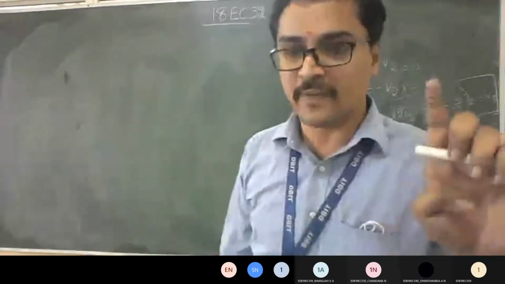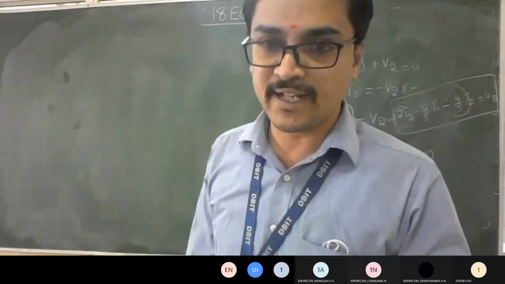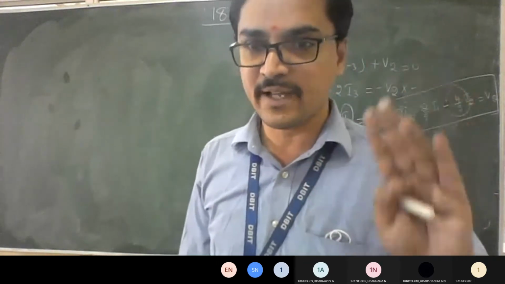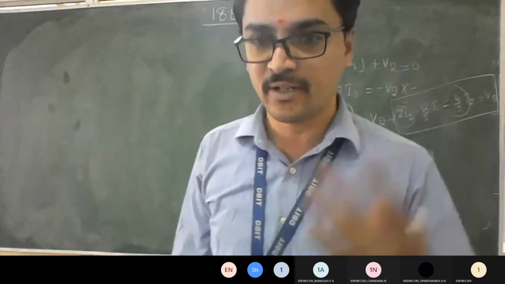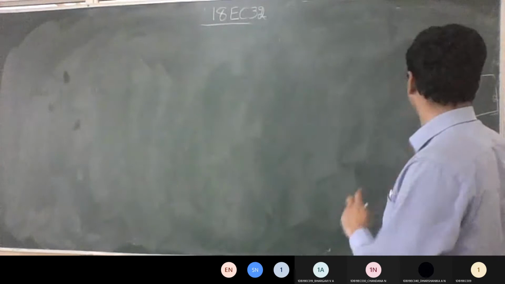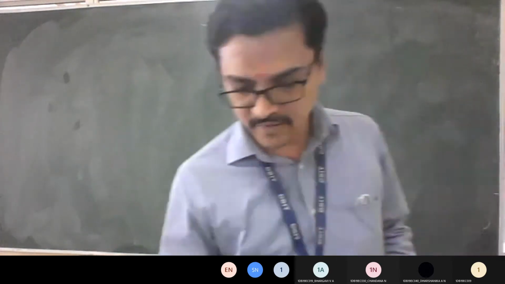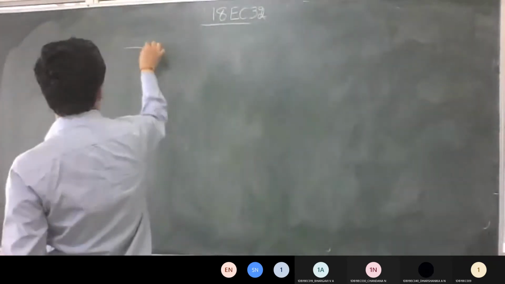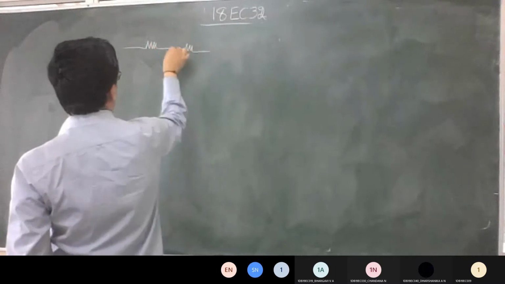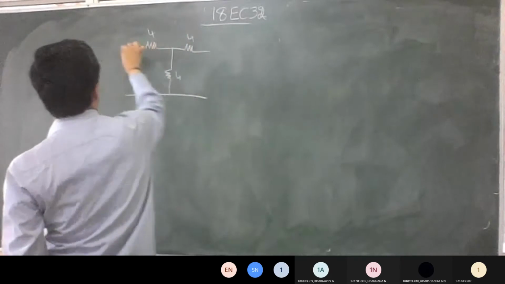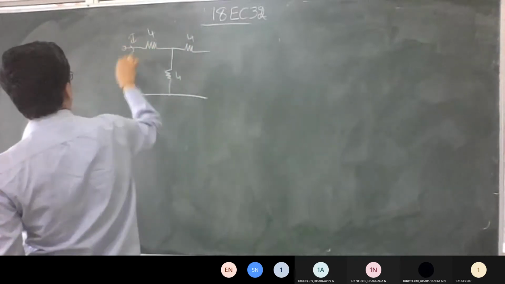If you understand how to solve the Z parameter, in the same way we will analyze the Y parameter also. If you know these two, then hybrid parameters become easier for you. It is just applying the concept of short circuit and open circuit, and whether you use KCL or KVL is left to you. So let's analyze the things now. Let me go back to the same problem we had, the first problem we took, with 4, 4, 4. So we'll go with this only.